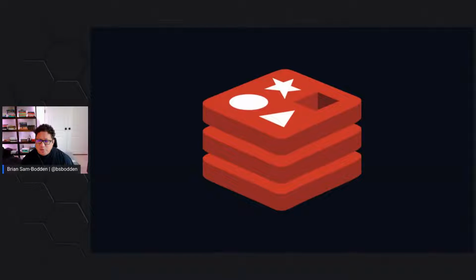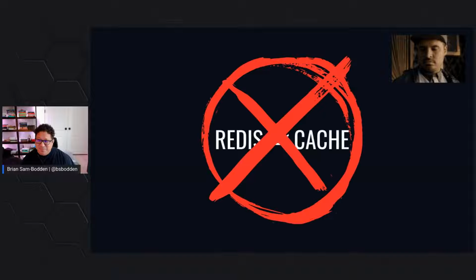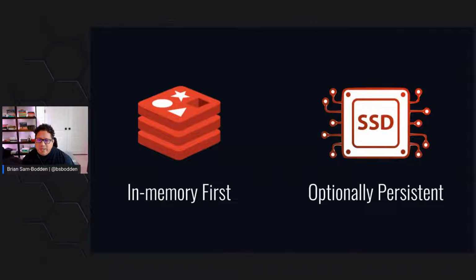So for those of you that don't know what Redis is, it's definitely more than a cache. It started as a cache, but nowadays has evolved into much more than that. So let's start with a definition of how Redis started. It's a remote dictionary server. That's where the Redis name comes from. And it's in-memory first,